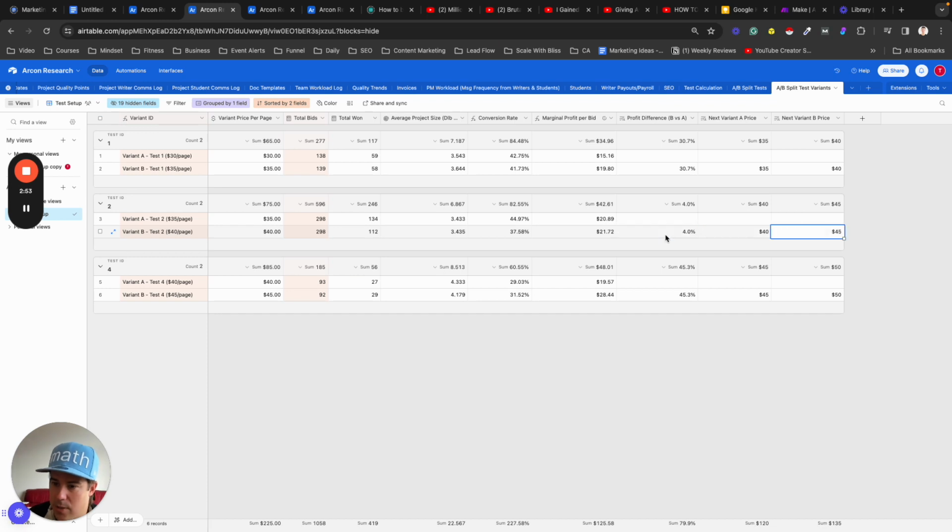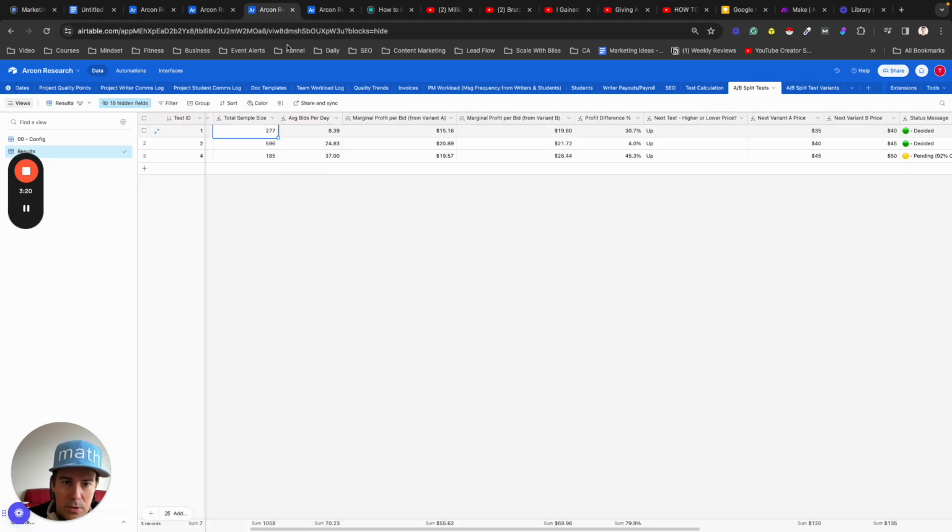And what we did was then test 40 versus 45. That's the test that's currently running. I think I changed the programming a little bit, so it switches every 200 bids. What's super interesting here is now we have a lower conversion rate, but a much higher marginal profit. What I really like about the way the code works now, and I'll show you this, is what the code will do is